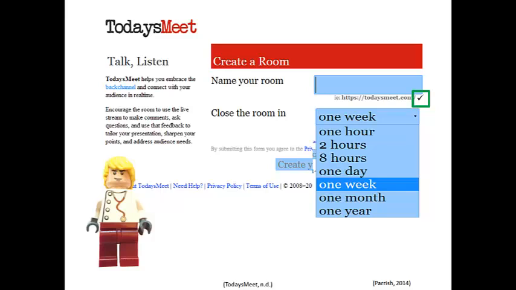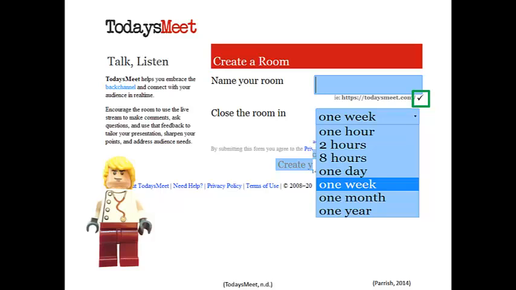While a back channel can be used in many ways, as we will see in a little bit, according to the Merriam-Webster Dictionary, a back channel is a secret, unofficial, or irregular means of communication. Today's Meet is a great way for general questions that students ask in the classroom to be answered, like, "Did you get what she said?" Or, "What page are we on? I didn't get that." Students can answer each other's questions, or the teacher can answer these questions because he or she might not realize that a student has a question if the student is too shy to raise their hand.